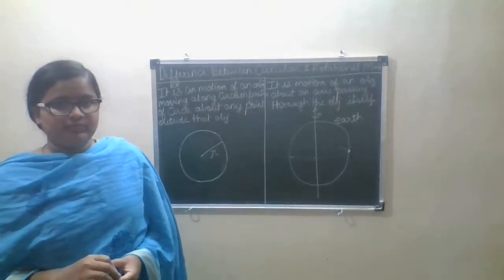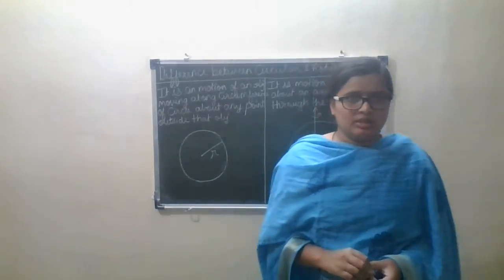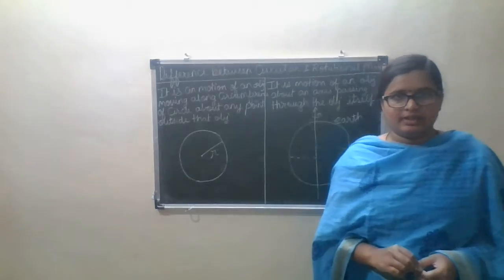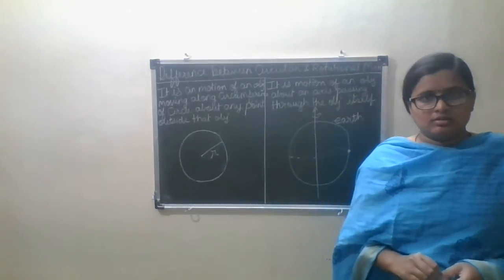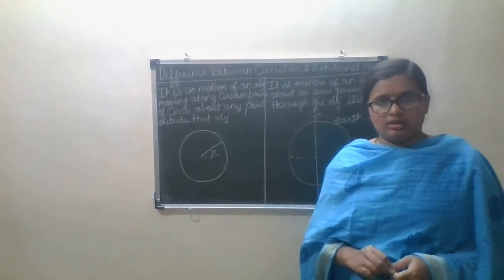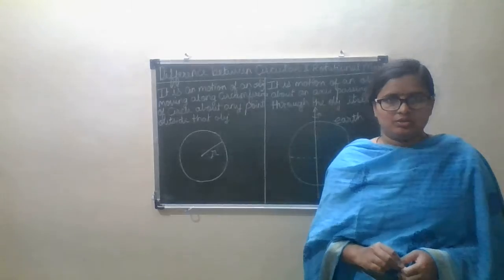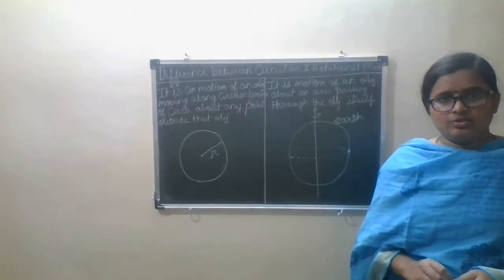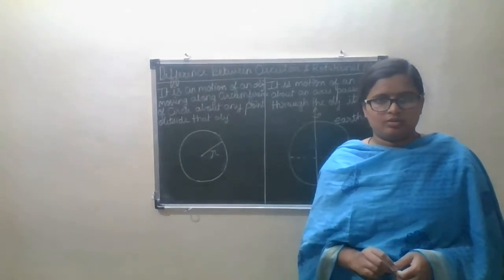Now we will see further. Till now we have seen what is mechanics and what are the types of mechanics, and then what are the sub articles which are kinetics, how the kinetics are divided into kinematics and dynamics, their examples. Now we will see what is the difference between rotational motion and circular motion.